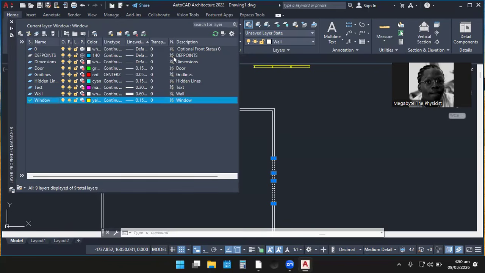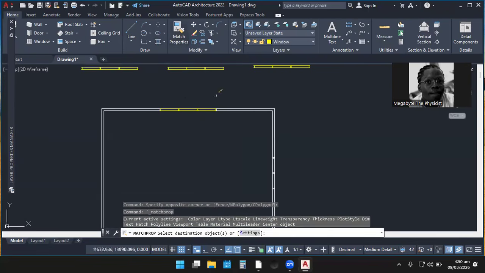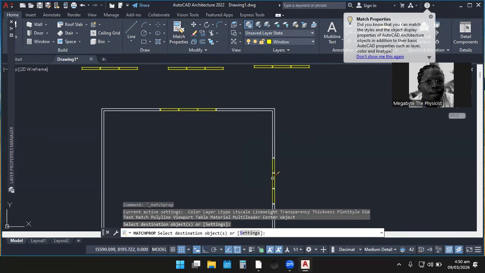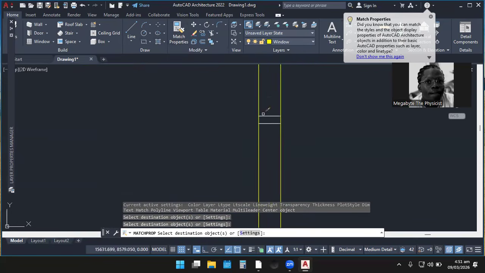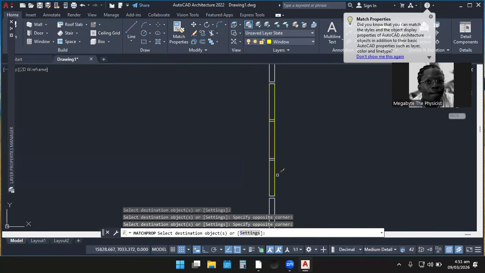Okay, then I set it as current layer. Okay, good. Also, you can just highlight the property of this. Then you come to match property, apply it to this also, and life is much more easier. Life becomes much more easier.